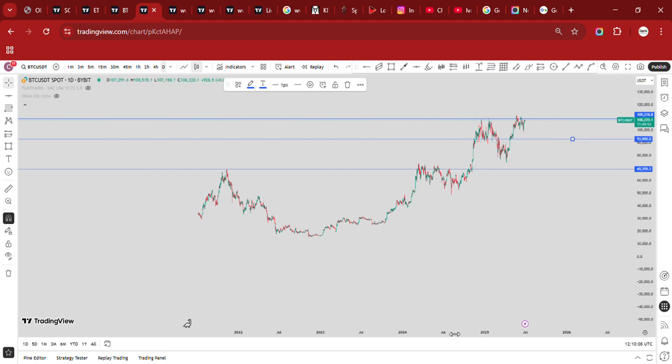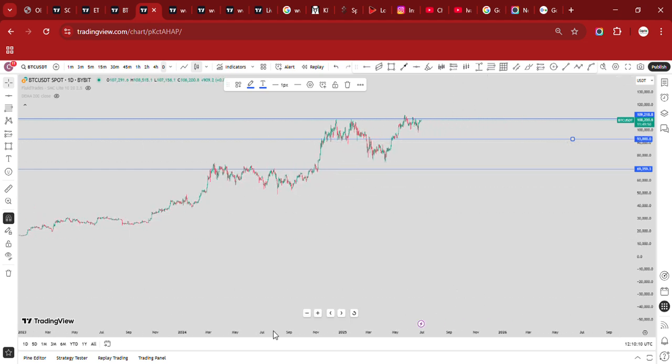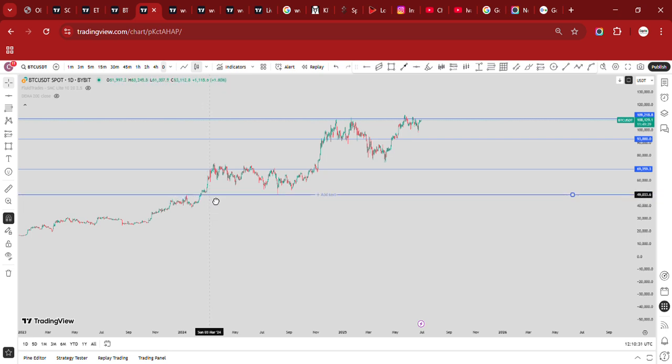Now, for those of you that do not know, liquidity means money in trading. I will treat liquidity on its own as a topic. So now, on this daily time frame, I have just marked out the important zones. If you want to keep on marking your support and resistance, you can go as low as marking out this level. You understand? But currently we are focusing on the important zones, the important areas where the support and resistance